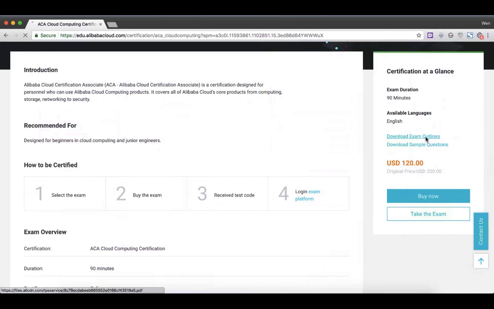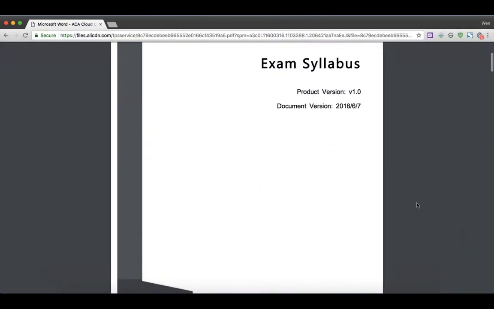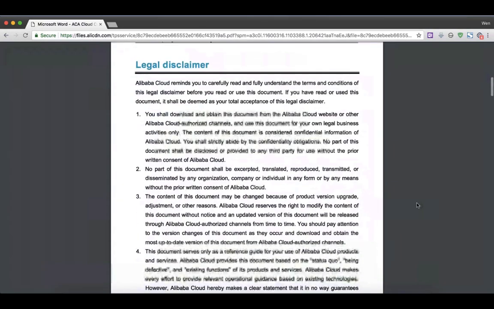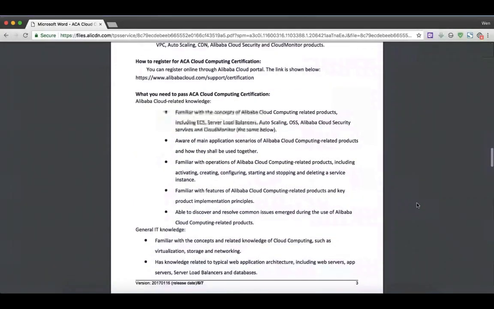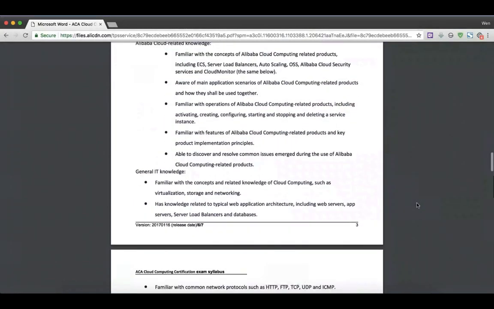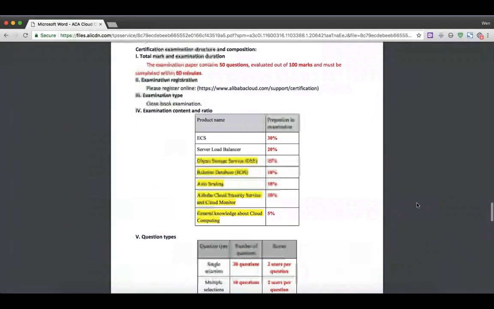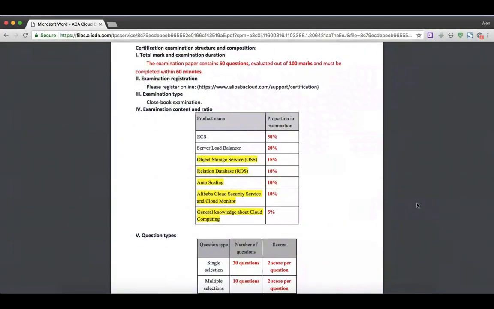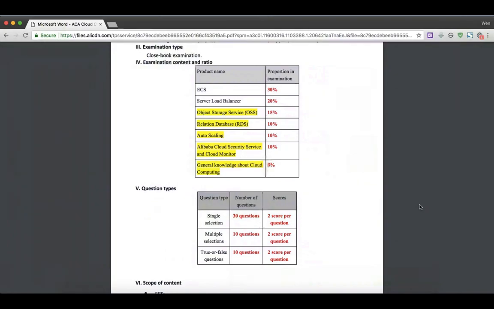If you press the exam outline, you'll be guided to a document about the exam, and also there are some tips about how to prepare the exam. It listed some resources that you can find on Alibabacloud portal, and also some related information about the exam. Like in this section, it talks about how many questions you will face in the exam and how long the exam will be. And when you drag a little bit downward, you will see the ratio of the cloud products